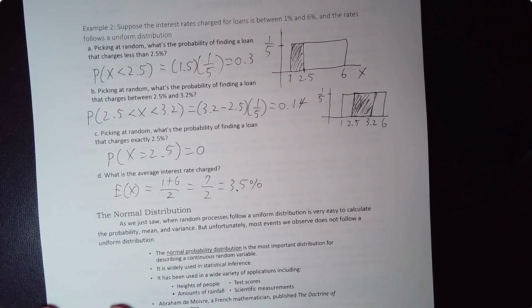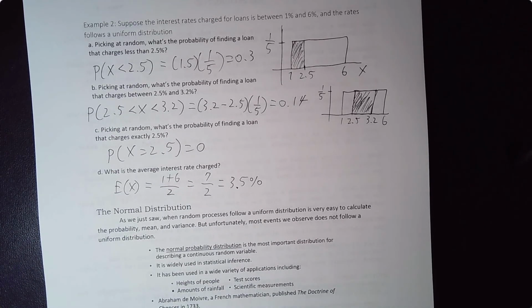Picking a random loan, what's the probability of finding a loan at exactly 2.5%? Again, this is continuous, so any probability of